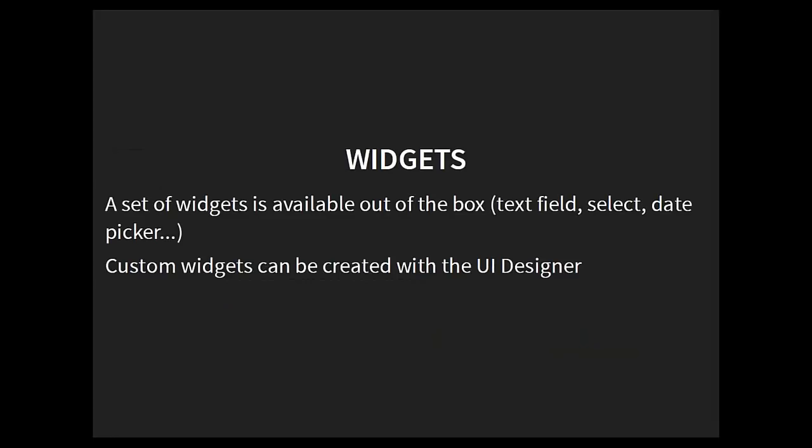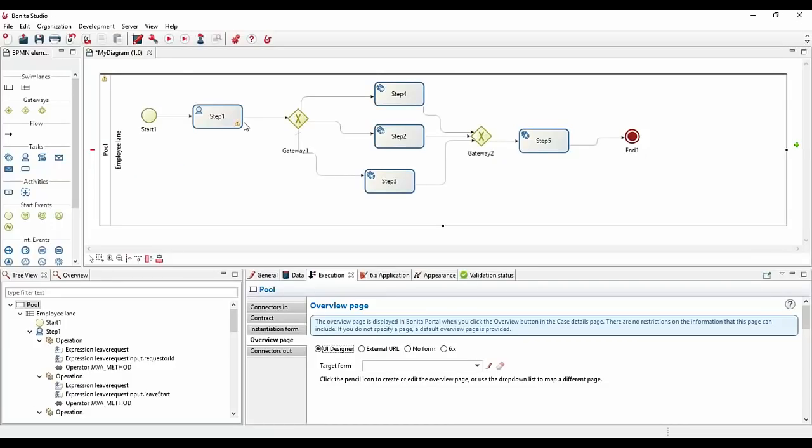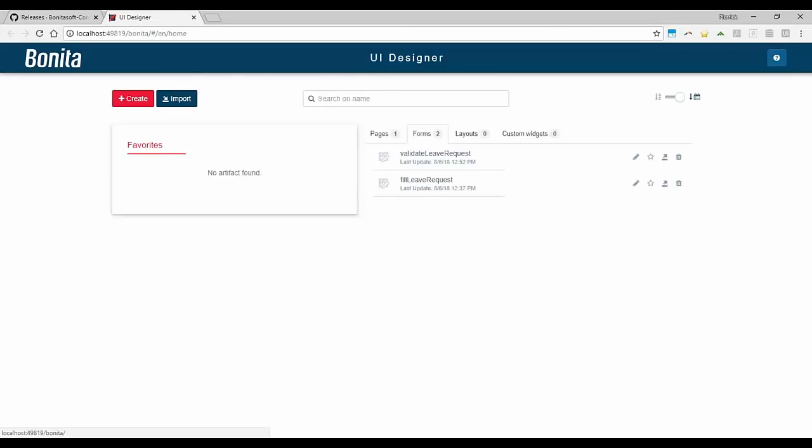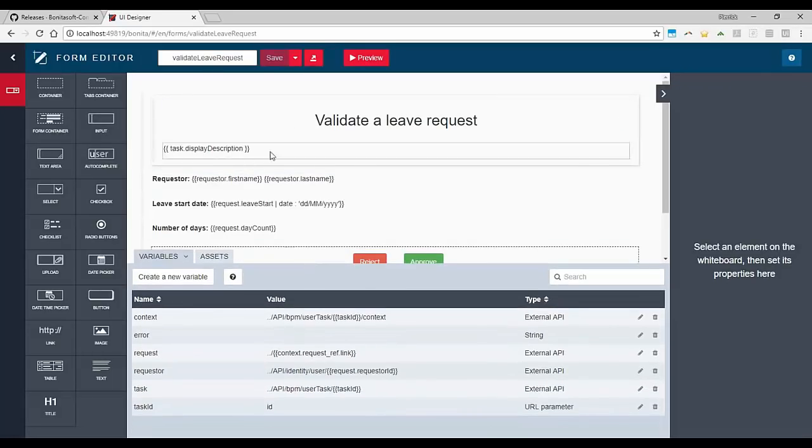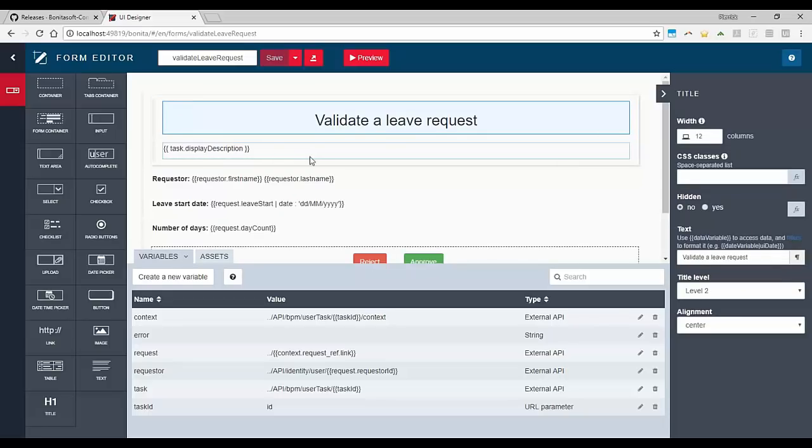These forms obviously will be created with widgets, and I think the best for me right now is to show you the UI designer. That's where you will be designing your forms most of the time. I will open one of them, this is part of the exercises, just to show you information here. So the idea is, we have a form here, and when it's completely done, you have this kind of thing. In the same way you're defining your processes, you have a whiteboard here for each type of artifact you're building. You can select different items here, so you can drag and drop from the palette that is on the left.